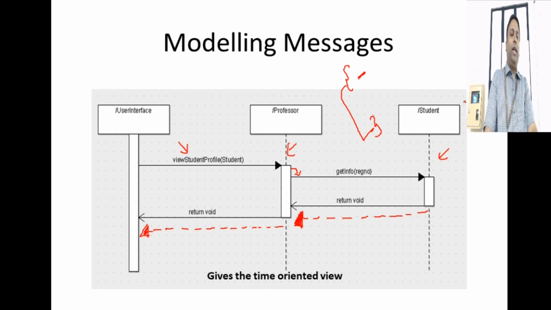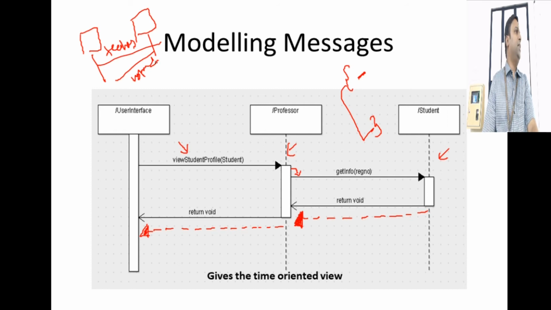Okay. So there are other ways to represent sequence modeling. If you go online and learn, there will be people who just tell you like this, professor, and then they'll put student, and then they'll have two lines, and then they'll just say teachers. They'll just write teachers, and then they'll say response. They'll be just writing some blunt messages. I don't know how this can be modeled into code. That's at a very high abstract level. So we'll not accept such kind of models in our examinations. We have to accept only models that work.